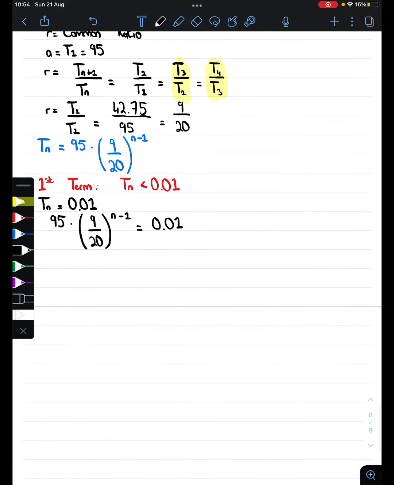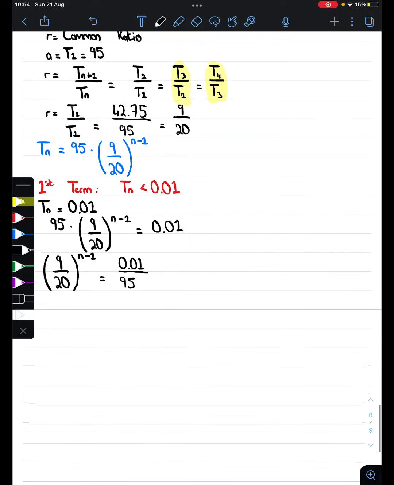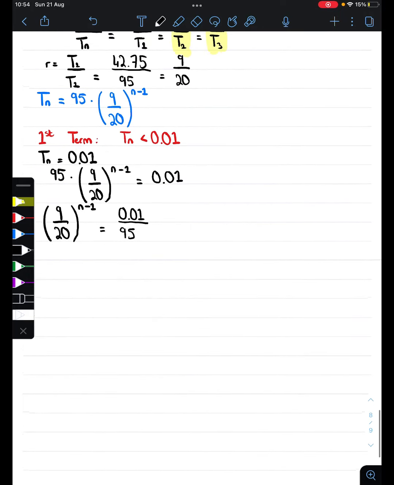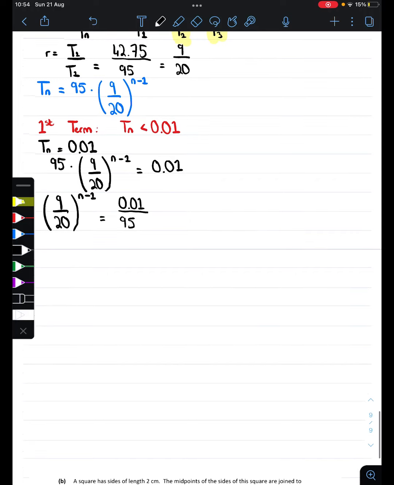So 9 over 20 to the power of n minus 1 equals 0.01 over 95. Okay, and now most of your teachers will probably have you take the log of both sides to